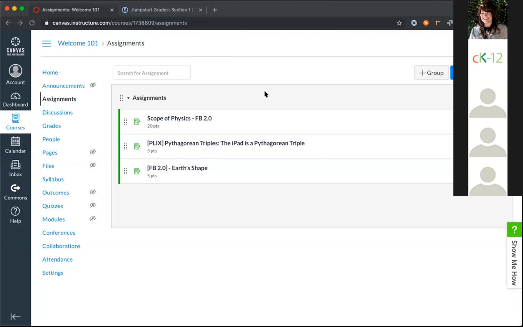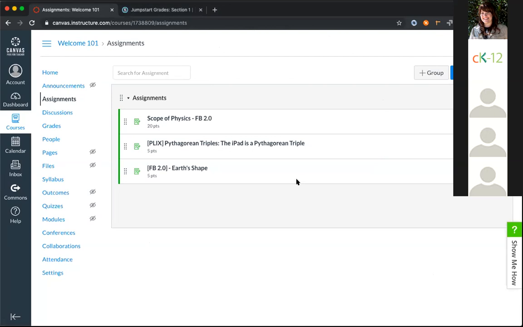Great, thanks, Lindsay. So I will start off with Canvas and walk you through our integration with Canvas. For the most part, our app within Canvas and Schoology is the same. There are a few little nuances that are slightly different between the two, but other than that, I'll show you the steps you do on one, and you'll repeat them for the other.